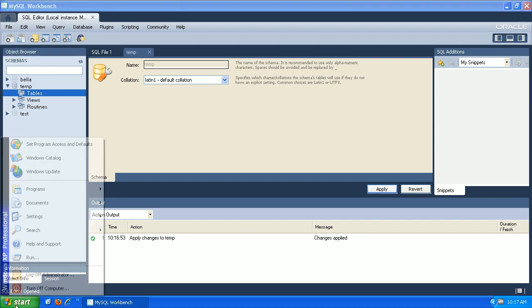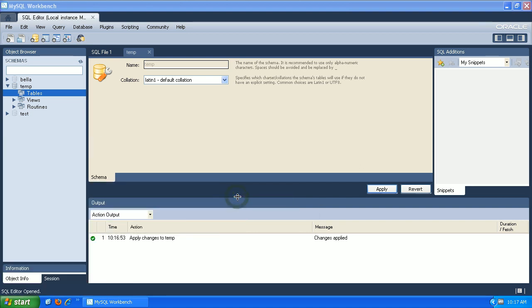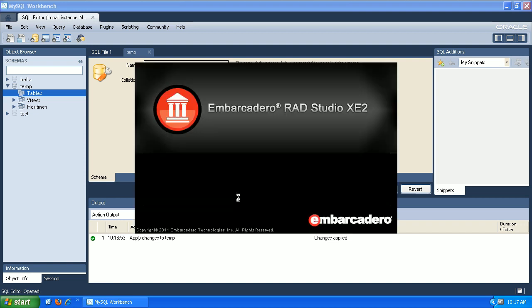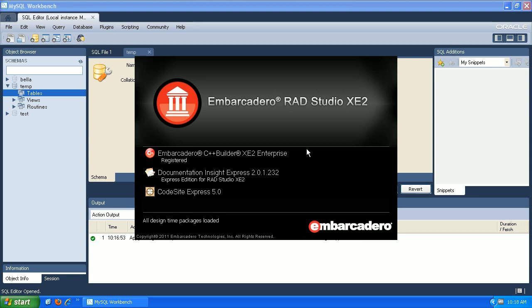So now that we've done that, what we want to do is go to our environment. Again, it doesn't matter which language you're building it out in. We're going to show RadStudio, so I'm just going to pick one here. But once we build this out, this will apply to C++, Delphi, and RadPHP. And we'll have to do this for other IDEs that we're using as well. So if we're doing Java, we may do this in NetBeans or Eclipse. But once you have your environment set up and running, it makes it easier. So when this comes up,